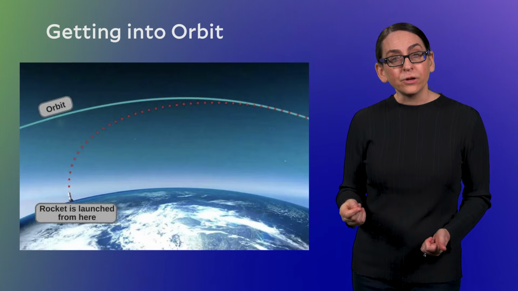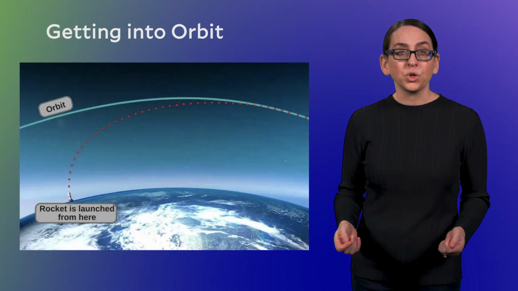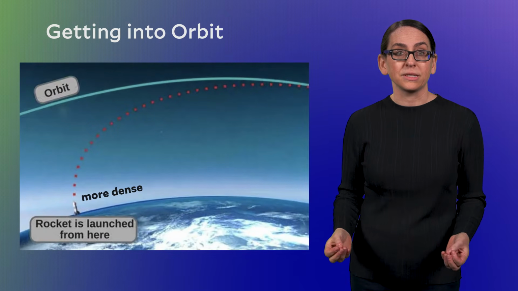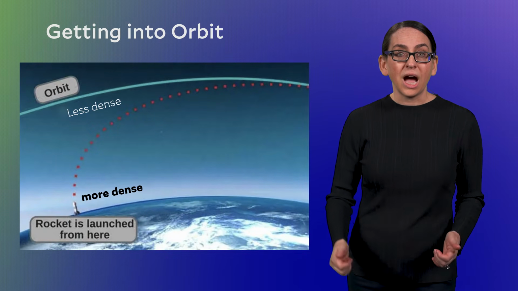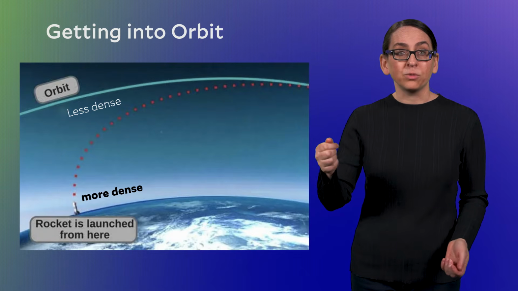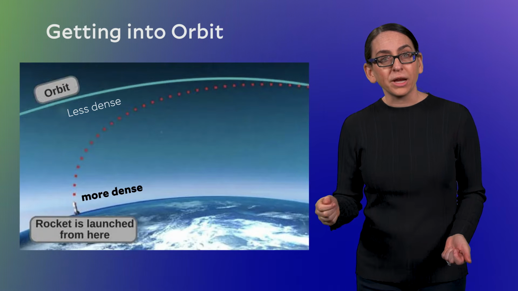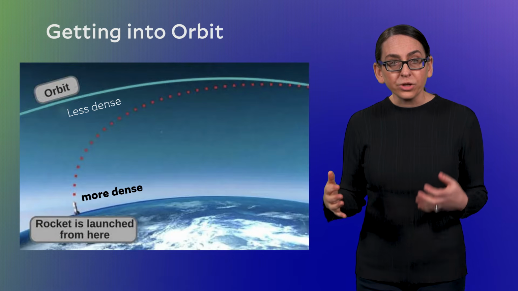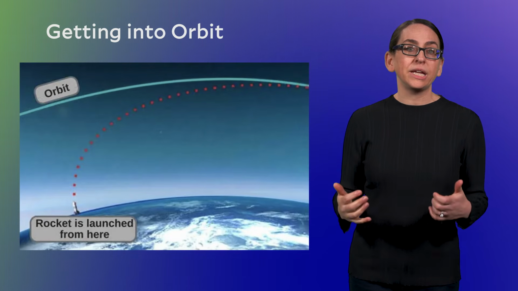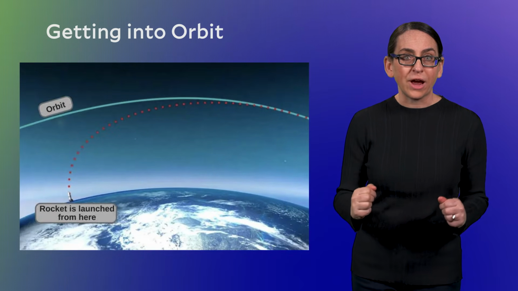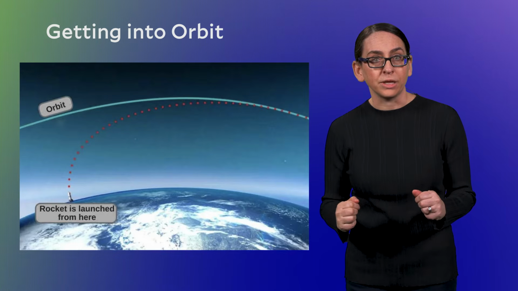Moving vertically at first means a rocket passes quickly through the thickest part of the atmosphere where there's the most air resistance. And as a rocket gets higher, there's less and less atmosphere, which makes it easier to accelerate. But the faster a rocket is moving through the air, the harder it is to move. The analogy here is like trying to run through a swimming pool, right? It's harder to run faster in a swimming pool than it is to move slowly.